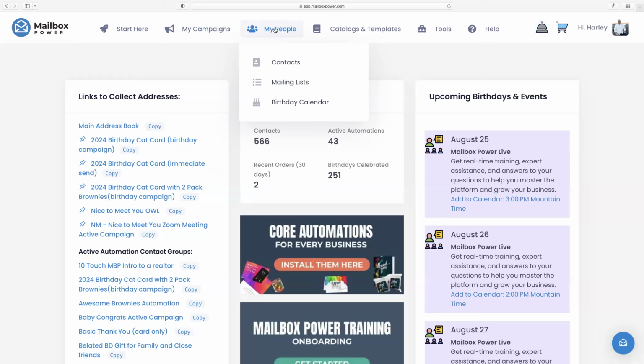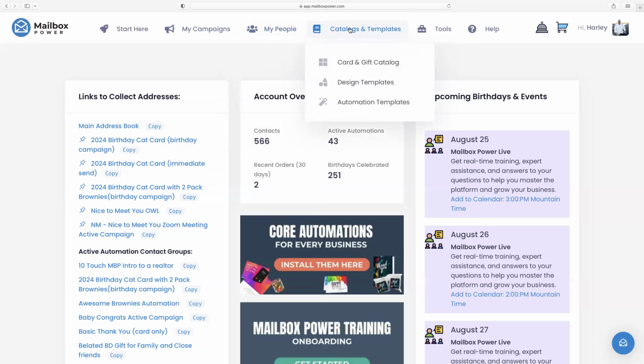Birthday calendars. This is where you want to add your birthday. So as you add a contact to your system, try to get their birthday. And we have great ways that you can do that, but you can also add that birthday anytime you want, and it will all pop those birthdays into your calendar there, so you can always refer to it. Catalogs and templates. This is where you're going to have your,